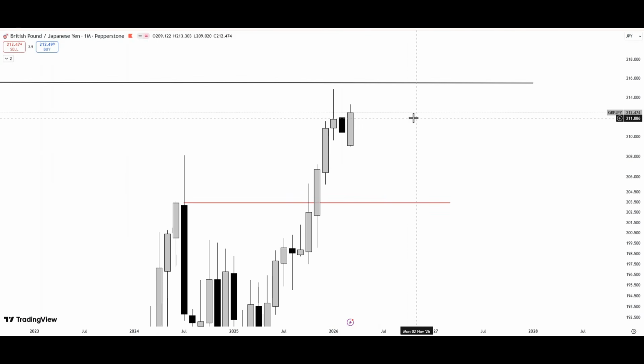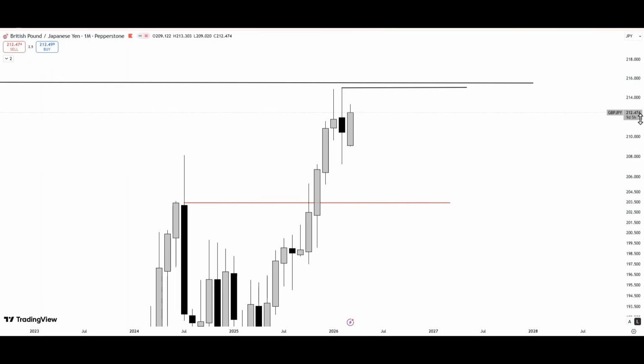Okay, so far, if you look at the monthly time frame, you can see last month we had price tag this fair value gap right here, and so far this month this is what you have. You can see this month so far price has not yet taken out previous month high, and it has not taken out previous month low. So at this point we consider this an inside month,